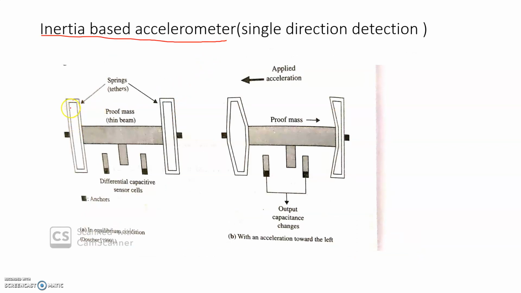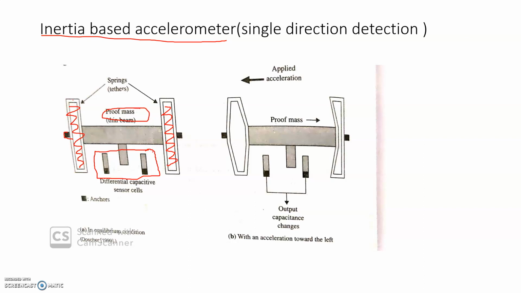Consider this as a spring. Instead of a straight structure, we have a tethering shape given to the spring. With the help of this metal knob we connect the proof mass to both springs, and at one end of the mass we keep a part that is used for transducing the necessary signal.